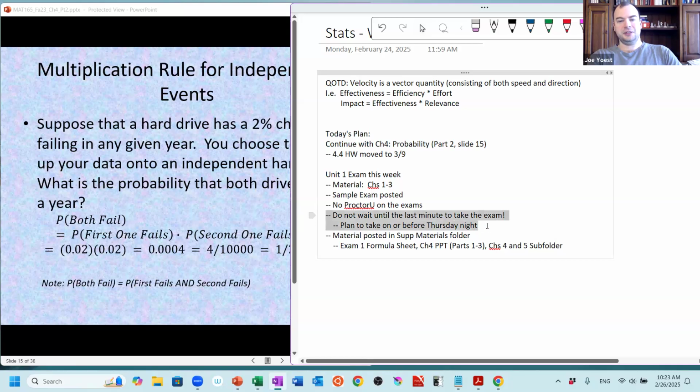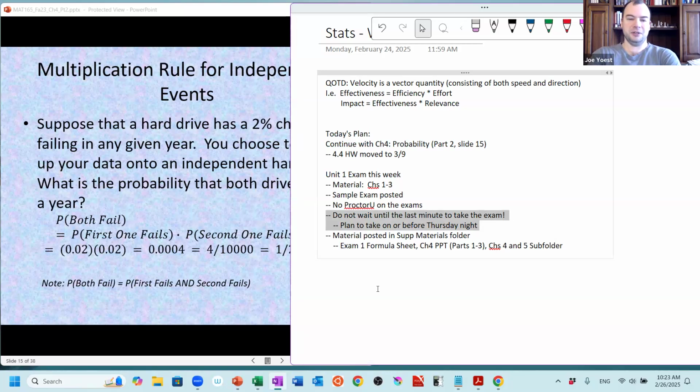And really the biggest thing is just remember that there are no due date extensions on the exams. So make sure to build yourself in some margin. Plan to take the exam on or before Thursday night. That way, if anything happens, if there is a power failure, if you have a tech issue, you have time to let that work out, to contact me, to get in touch with tech support, or to find another option, right? If it's Friday afternoon and your power's out at your house or something, you can go to a library, you can go to a CCAC campus. If it's Sunday at 10 p.m., your options are pretty limited.